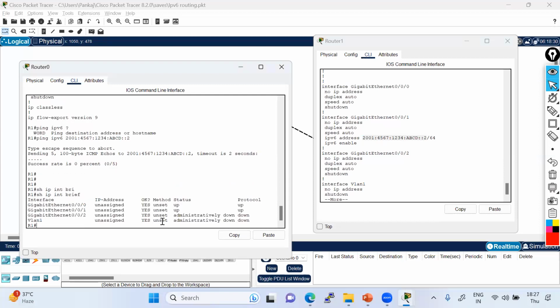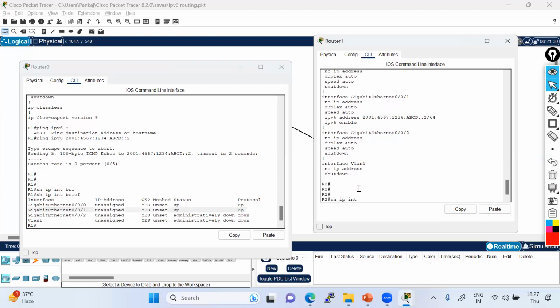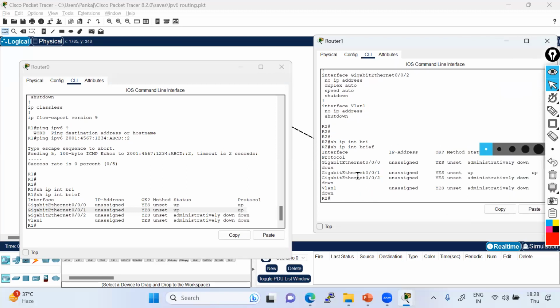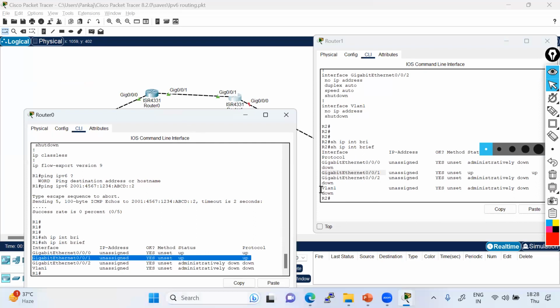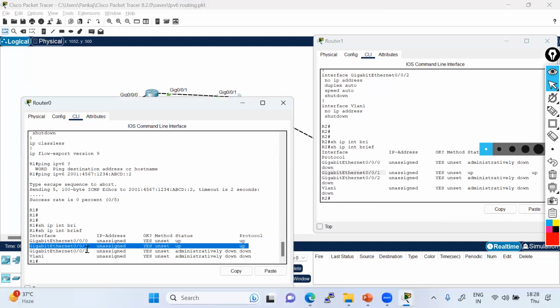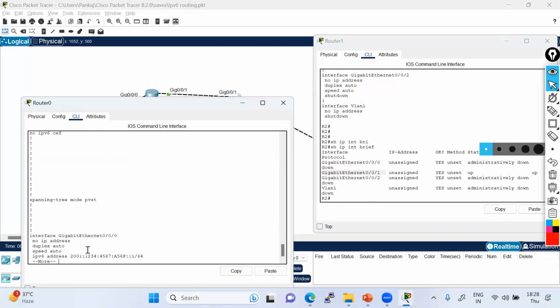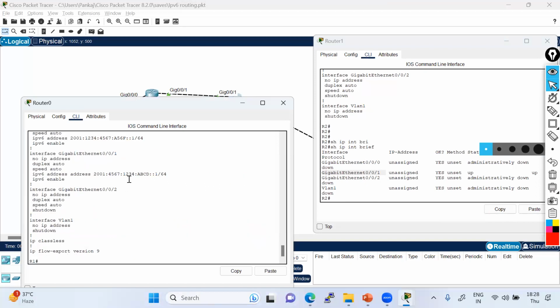Show IP interface brief. This 0/0/1. This is also up, but it's not pinging. 0/0/0. And this is 0/0/0. Let me check it first from here.